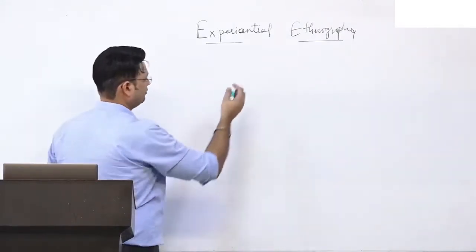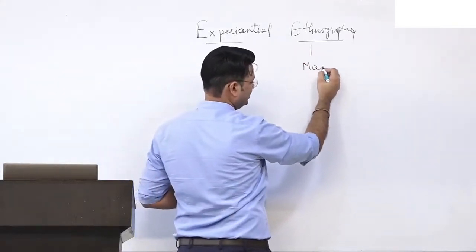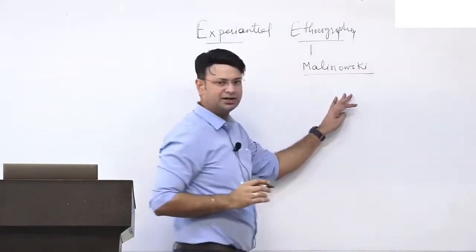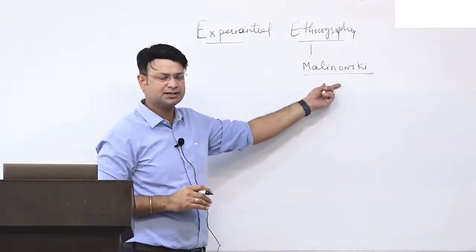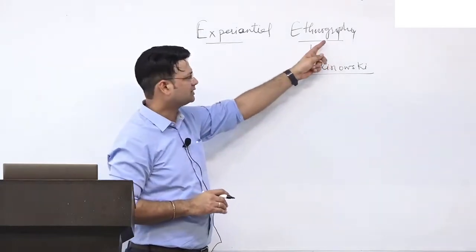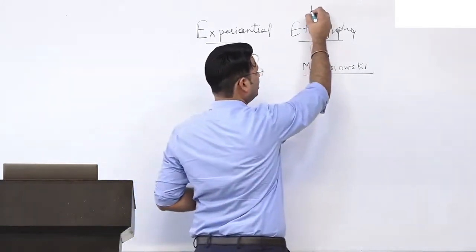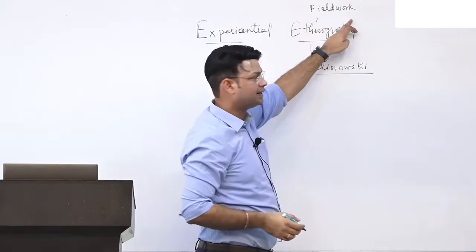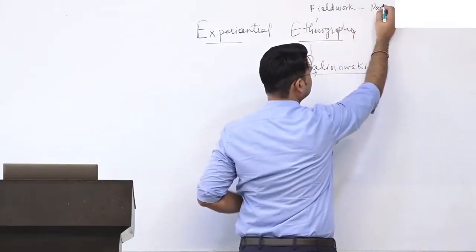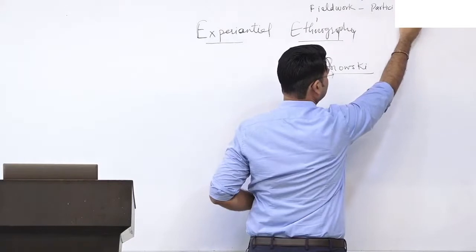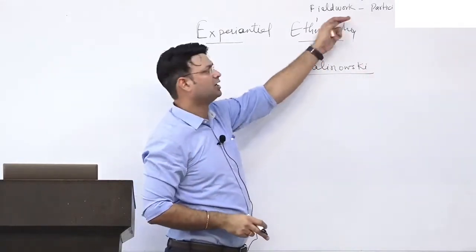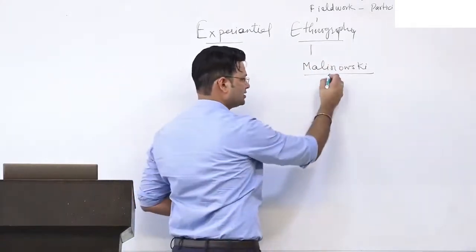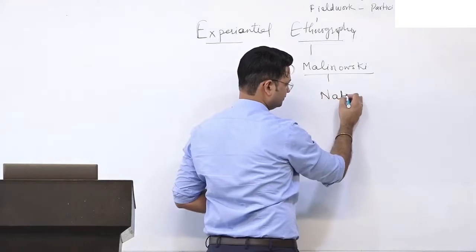We say that Malinowski started ethnography writing. Even though there were ethnographies before him, you can say he was the pioneer in this field. He was writing ethnography through field work, field work through participant observation. And he says the objective of field work and this ethnography is to get the natives' point of view, to understand the natives' point of view.